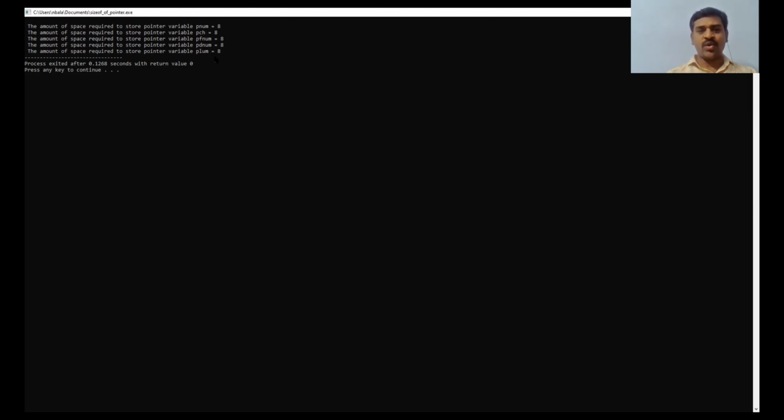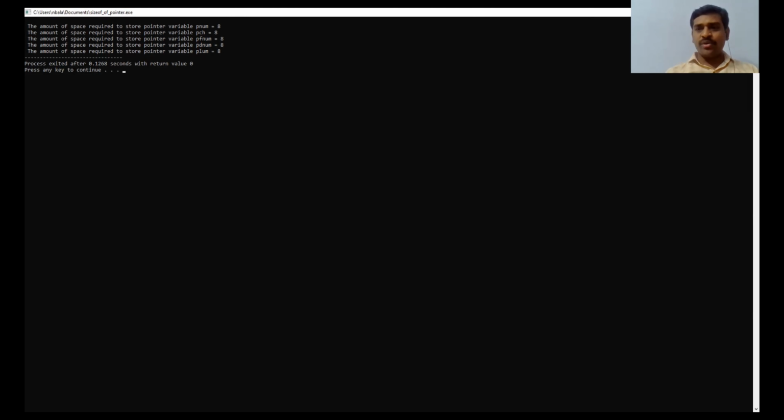That's why I told you a few minutes before, every pointer variable occupies the same amount of memory irrespective of the type of the pointer variable. So what is the size of that pointer variable? Here in my system, it is occupying 8 bytes. So you check in your system and tell me what is the answer for this program in the comment section. Okay, sir. So this is the size of a pointer variable.